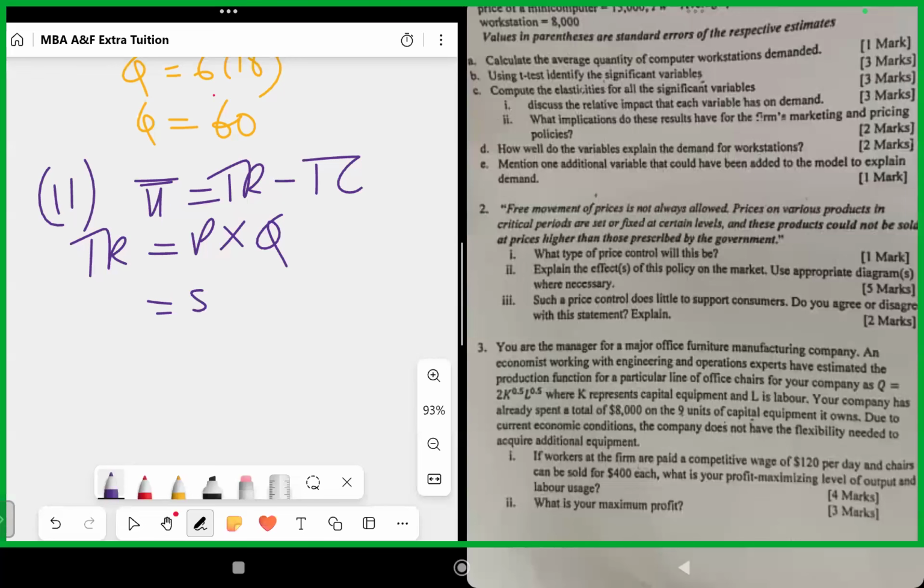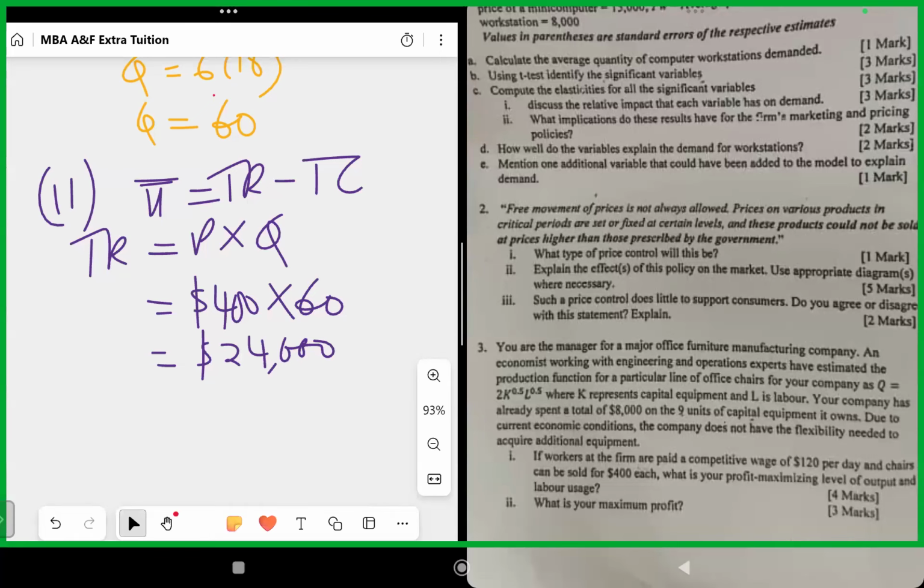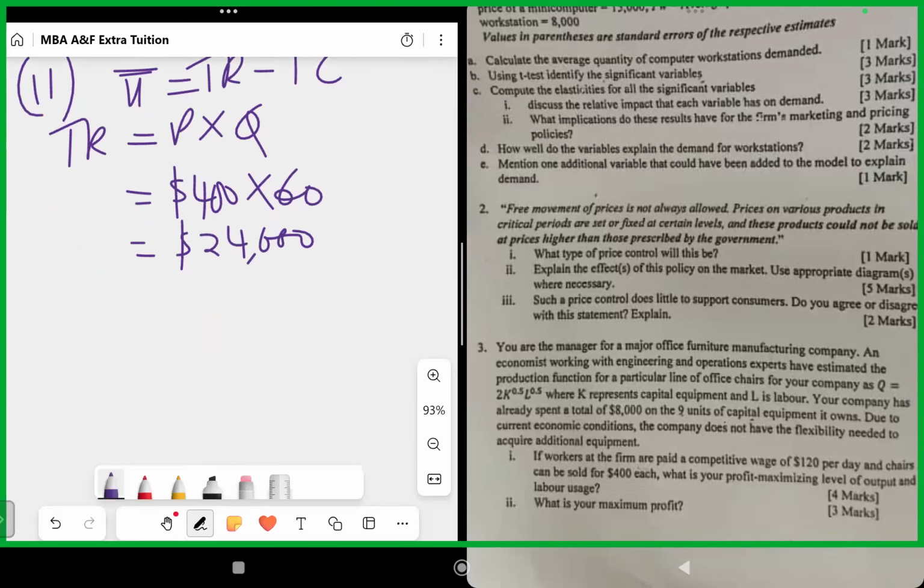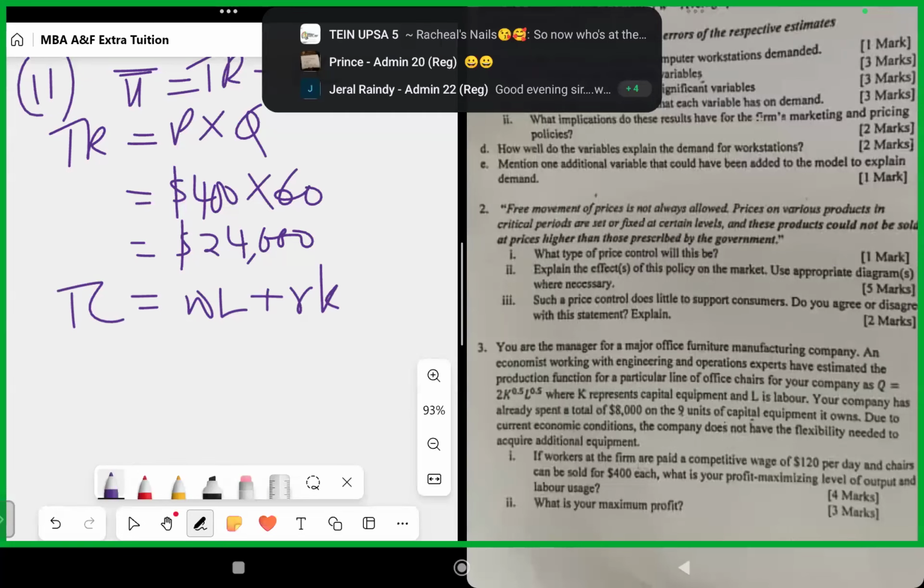So we have $400 times 60, which will give us 24,000. Then our total cost will be equal to the wage times the labor plus the rent times the capital, where the wage is